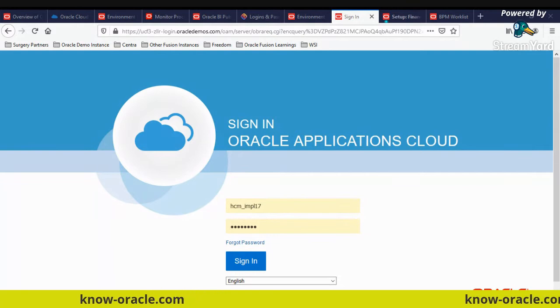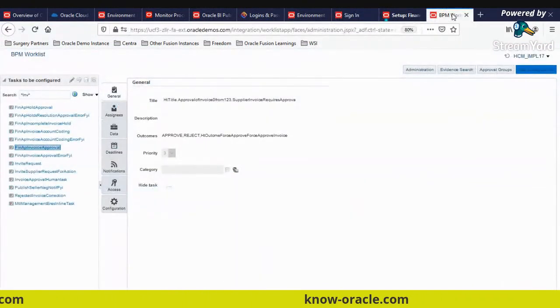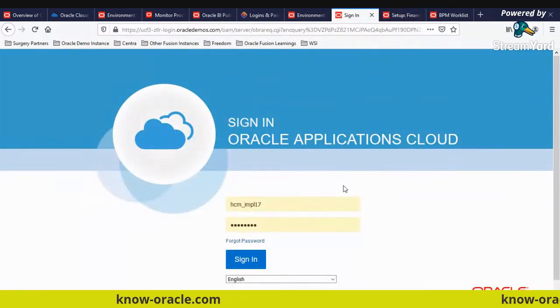So once you click on approve, it would approve, and the status of that approval in HCM user would change to approved. Acted upon, it says. And if we go here, okay,